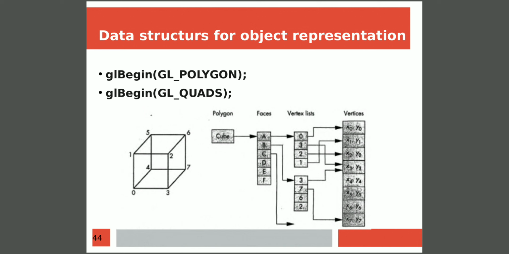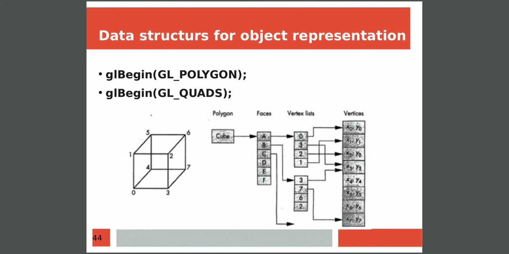Then, to avoid repeating the same code or the same function again and again, we can go for a data structure known as a vector array or a vector list. Here we are going to mention the information of a cube in multiple levels, where at the first level we'll call the cube a polygon, and then in the second level we mention all the faces of the polygon. Totally there are 6 faces in a cube, so those 6 faces are represented as A, B, C, D, E and F.